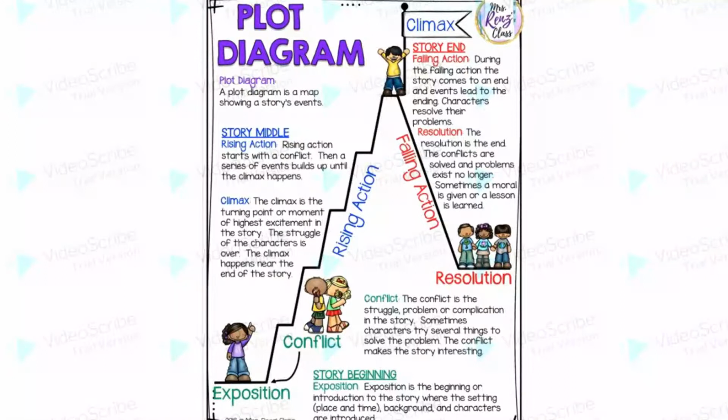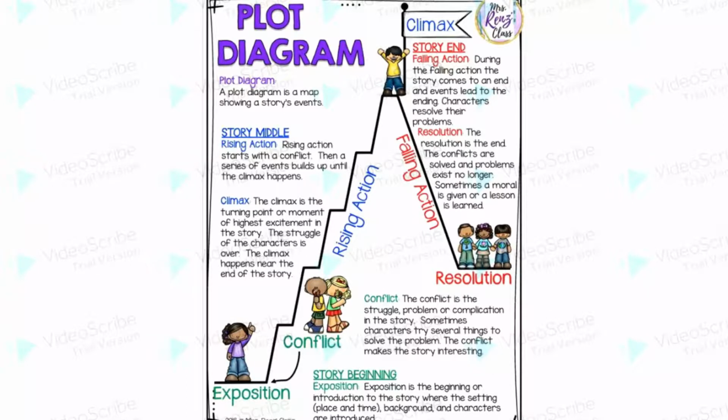Now, let's go to each stage of the plot structure. Take it one by one, slowly, to be able to understand it. So, any story should have a plot, and the plot, as we have said, is the events in a logical order, the sequence of events, okay? So we should start with exposition, which is the first stage of a plot in a narrative, okay? Exposition means the start point or the beginning of a story.